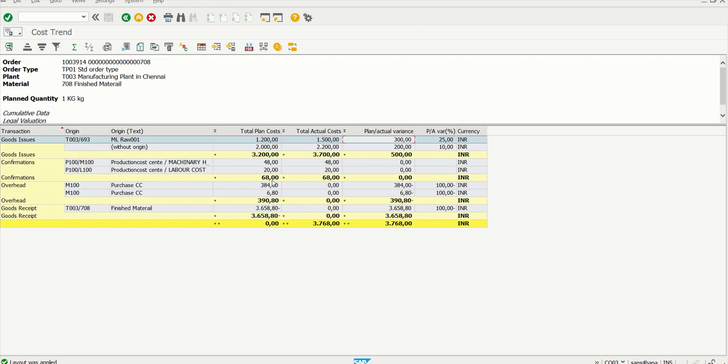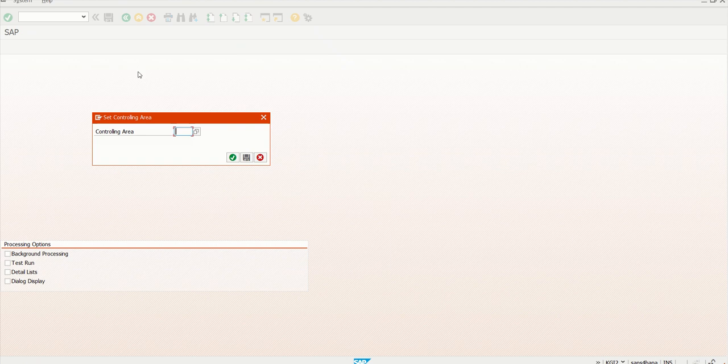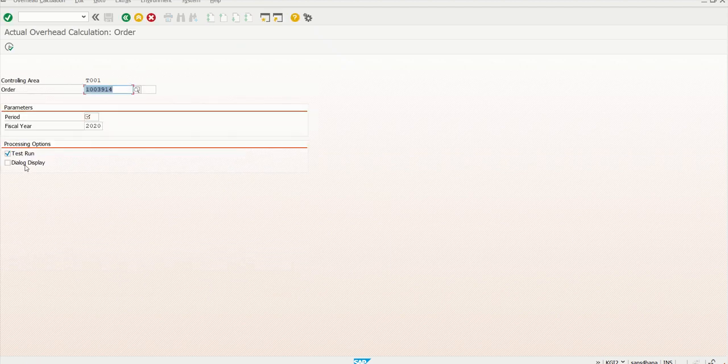Now we are going to do the actual overhead calculation. Here actual overhead calculation did not update, so let us do actual overhead calculation in KZI2 transaction code. T001, remove tester and execute.